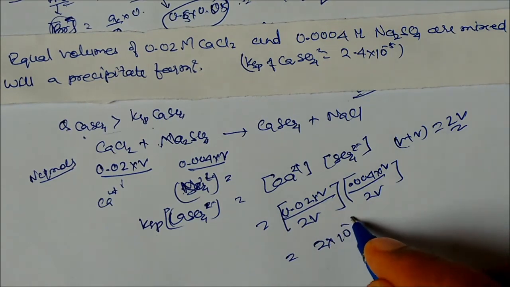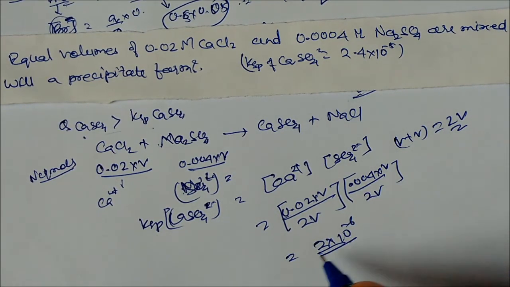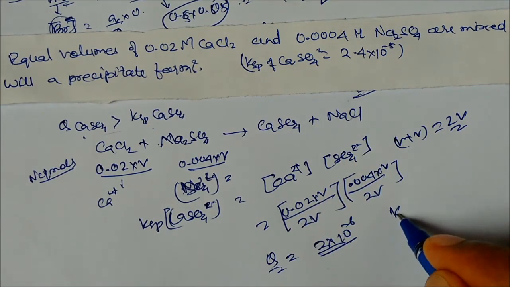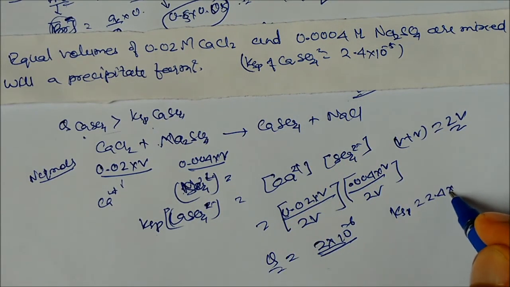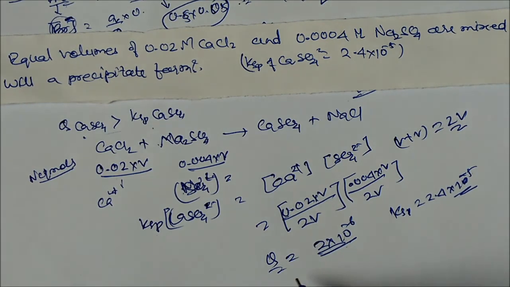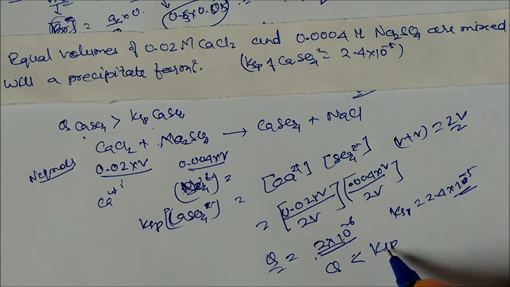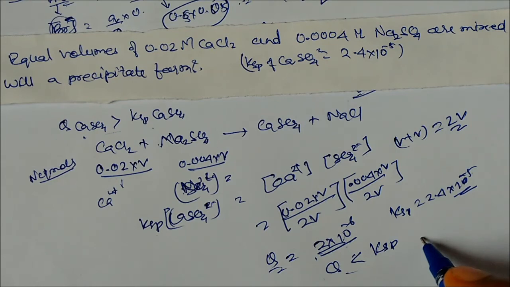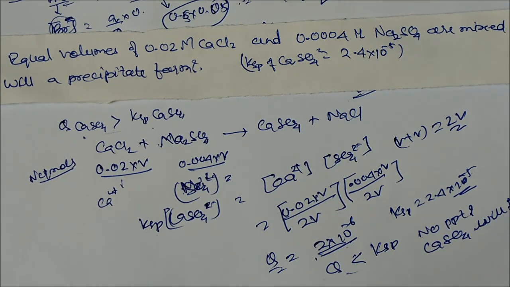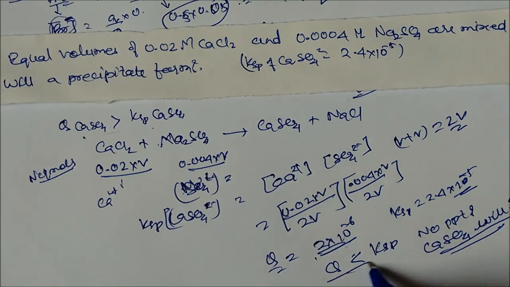So this comes to 2 into 10 to the power minus 6. This is the Q value, and KSP is 2.4 into 10 to the power minus 5. So this is minus 5, this is minus 6. Definitely this is lesser, so Q is lesser than KSP. So no precipitate of calcium sulfate will form. Okay, so with this